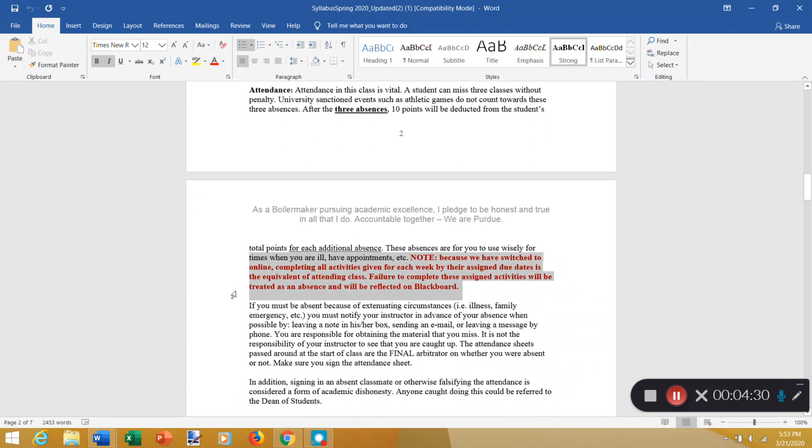I've also updated how absences work. You can check that out here. Basically, in addition to your outside communication activities and the activity points that I do in class, this will take the place of attendance. So you'll have an activity or an assignment you need to do each week, and that, if you do it on time, counts as you being in class. If you don't do it, I can't give you time to make up for it just because it would be the equivalent of you missing class.